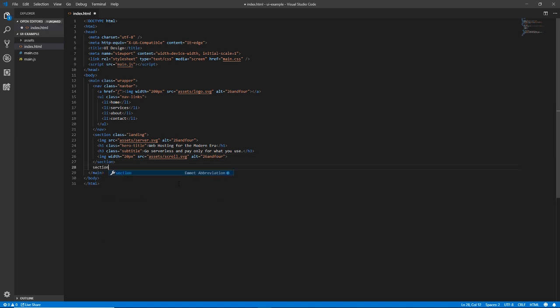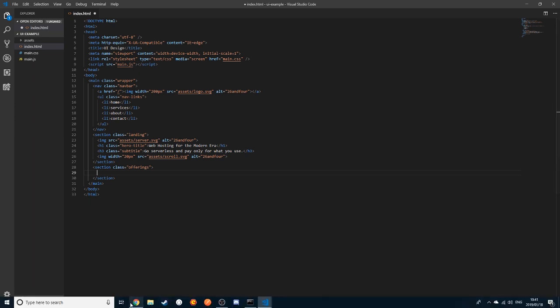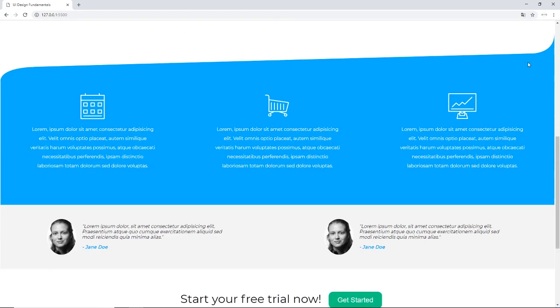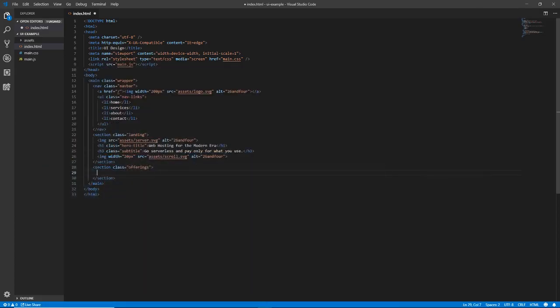So now we can start with the offering section, which I just called that. I didn't really know what to call it. So these offerings have 3 little boxes. So this whole section will be the offering section, and then these boxes need their own class so that we can play with the padding and alignment and stuff. So I'm gonna actually just create a div. I think you can just do this, offer boxes, and in there I'll do an image